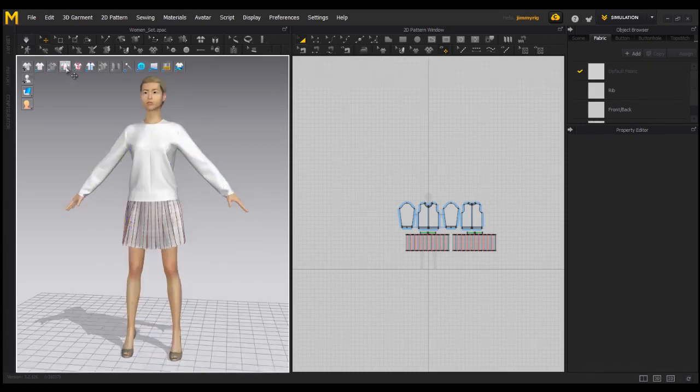Then we have seam lines and internal lines. Basically it's the wireframe view of the cloth like this. There are some other things like 3D baseline, pins, buttons, and so on. If we take a look at the second icon, you can see it has display settings. One of the most useful settings is the arrangement points, and if I turn them on, you can see